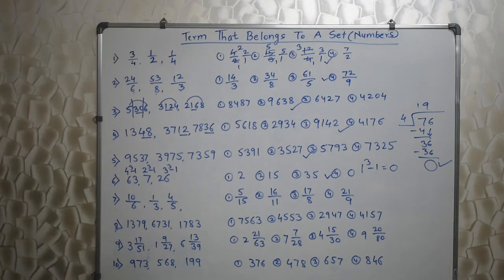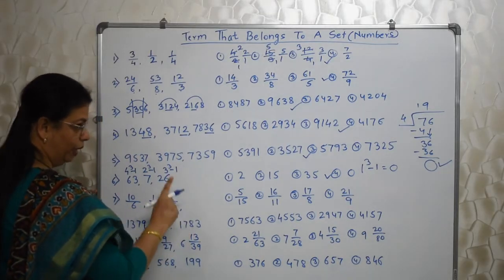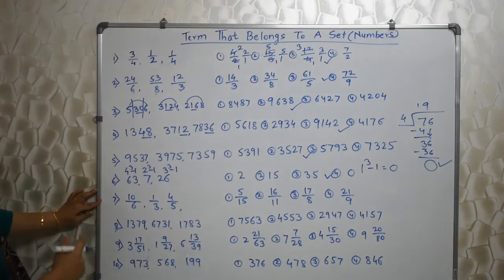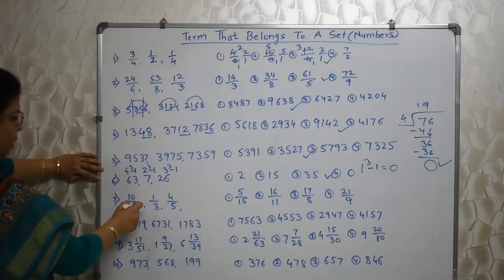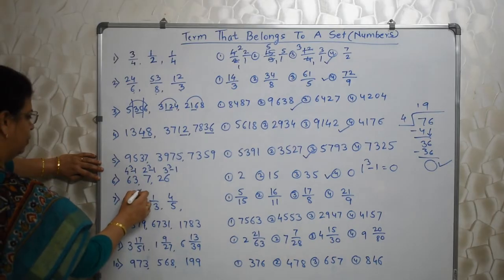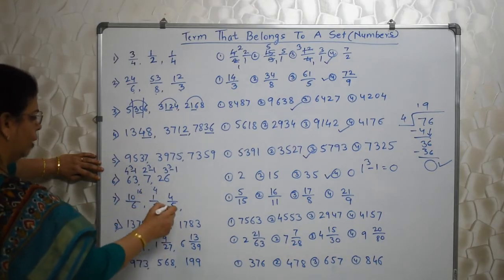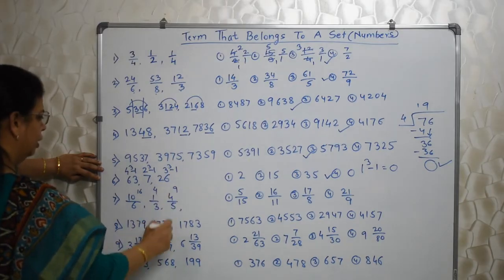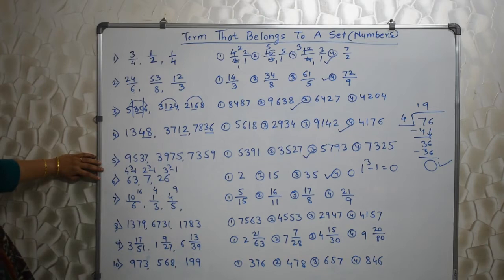I always tell you many times, whenever they write numbers in the form of fraction, actually they are not fractions. Similarly, they are written in the form of fraction, but actually they are not fractions. Then what are they? Find out. Play with the numbers. 10 plus 6 कितना होता है? 16, which is a square number. 1 plus 3 is 4, again a square number. 4 plus 5 is 9, which is a square number. So addition square आ रही है.